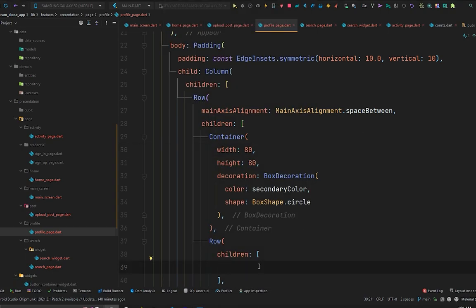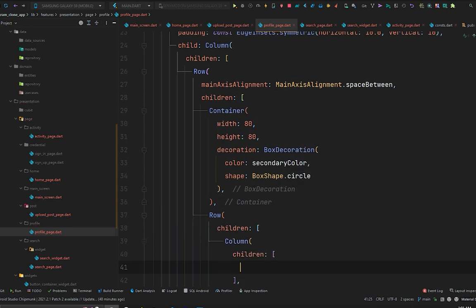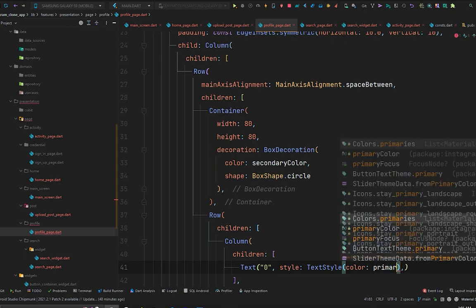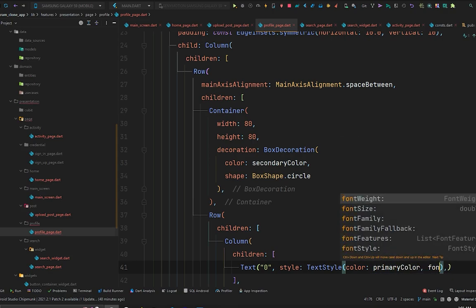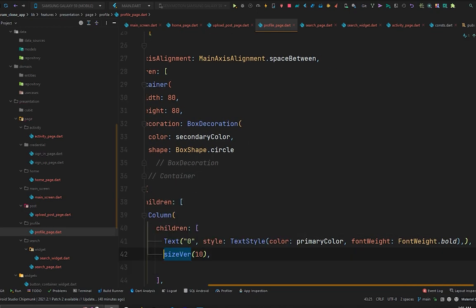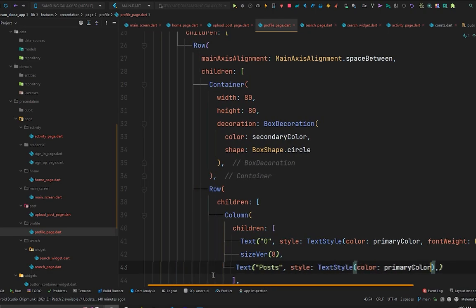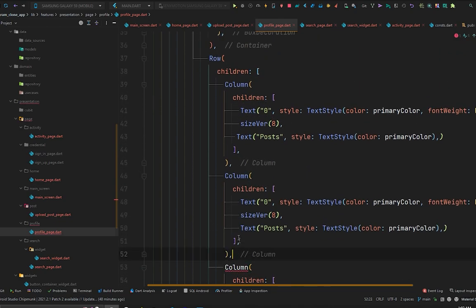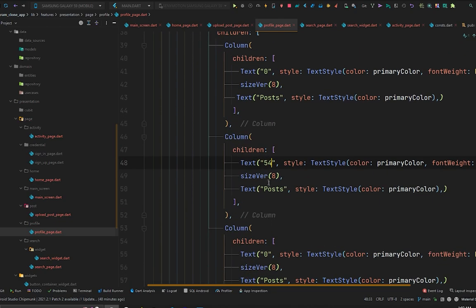So that will be for a single item, that will be a column children, and inside this there will be some text of like 0. Style: TextStyle, color will be primary color, and font weight will be bold. And there will be some vertical space in that column, that will be only 8, and some more text that will be posts. Style: TextStyle, color will be primary color. So with this, again copy this and paste it 3 times, and this time that will be, let's say 54